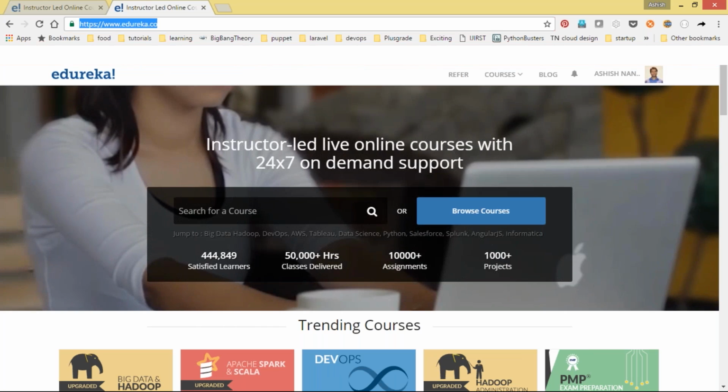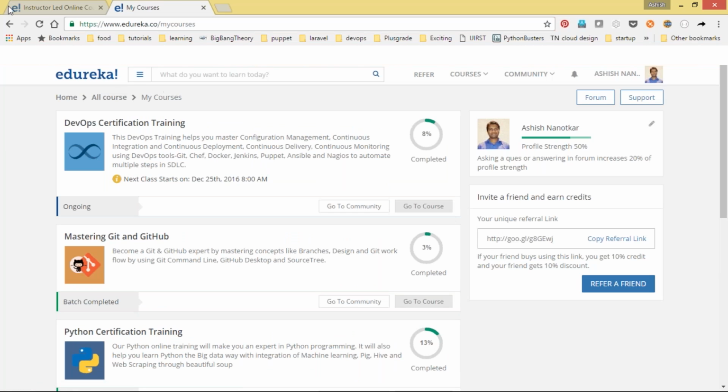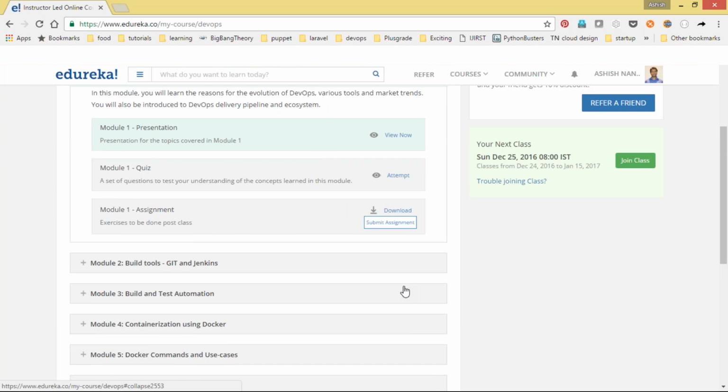If you move to courses, my courses. For you, it would be this page. For me, it's slightly different. So once you are on this page, depending on how many courses you have registered for, you will see those courses there. Okay. So I'm right now clicking on DevOps certification training, and there would be 3 sections for it: